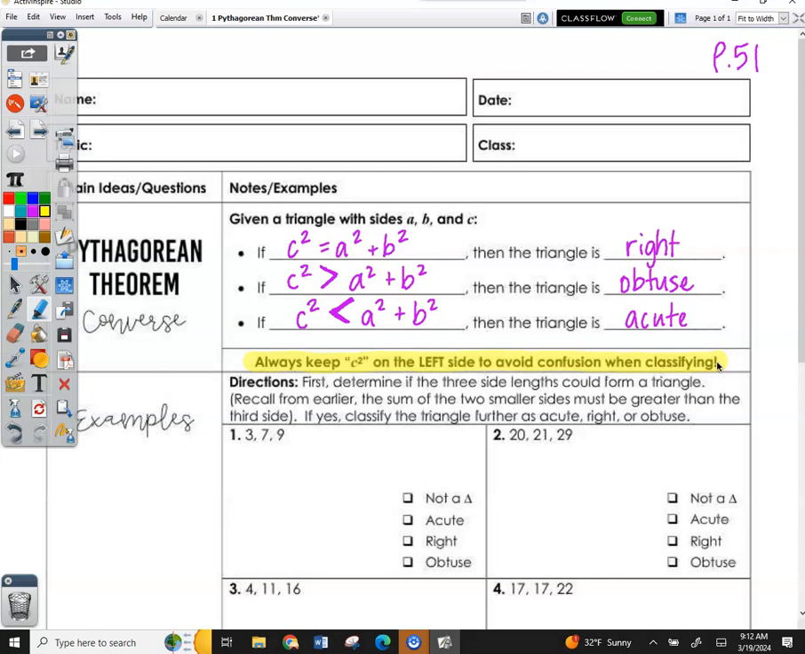Okay? So it says, first determine if the three side lengths form a triangle. If yes, classify it as acute, right, or obtuse. When it says determine if it forms a triangle, we will get there in a second. We'll just dive right in. So basically,